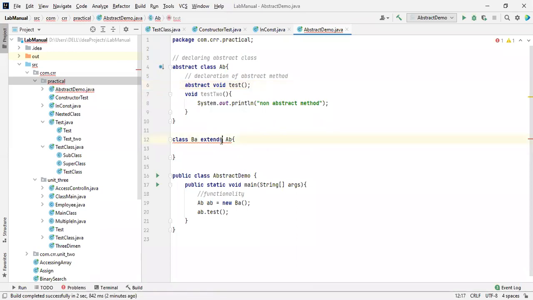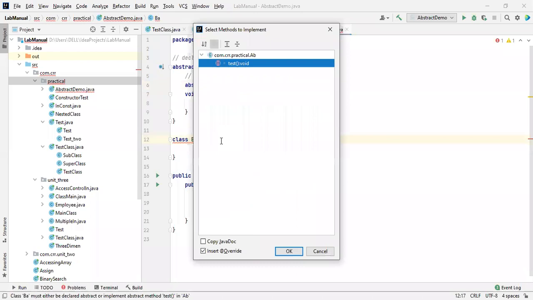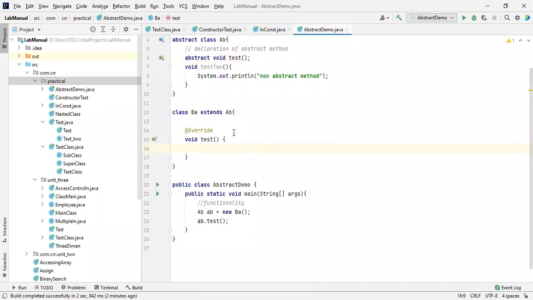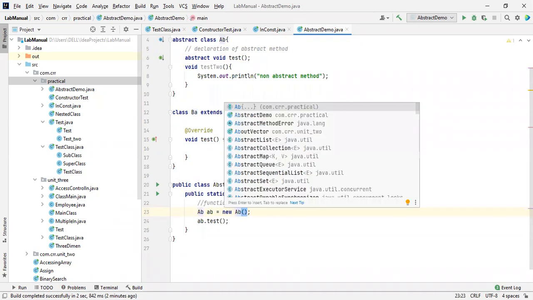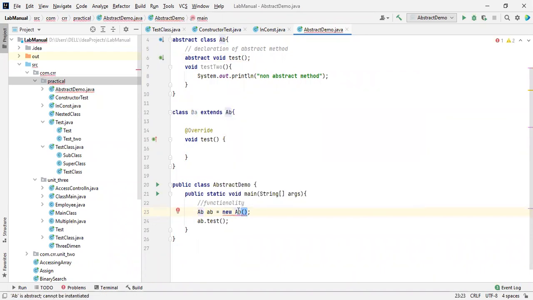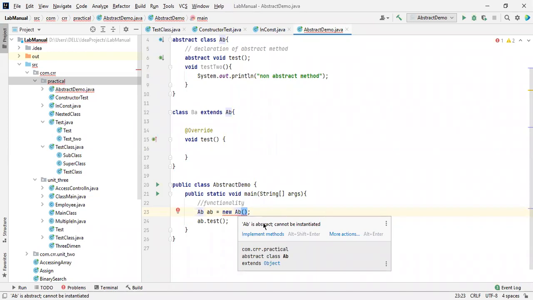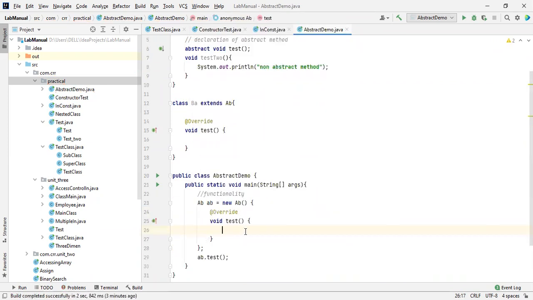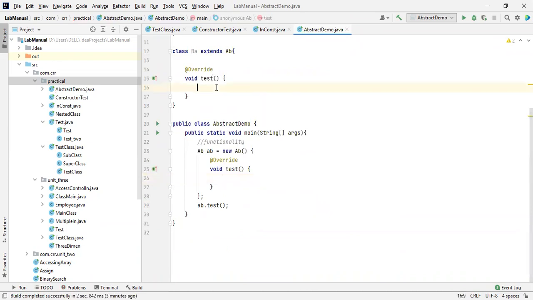Okay. It has been done. So inside that we implemented. And here, while you are sharing the functionality to the end user, you just assign the object of a subclass to the main class. You should not write new AB over here. If you write new AB over here, it throws an error because it consists of an abstract method, which is why it is not possible to create an object. It is possible if you want to write it, yes, you can implement over here. That doesn't matter. But the functionality is already declared over here.